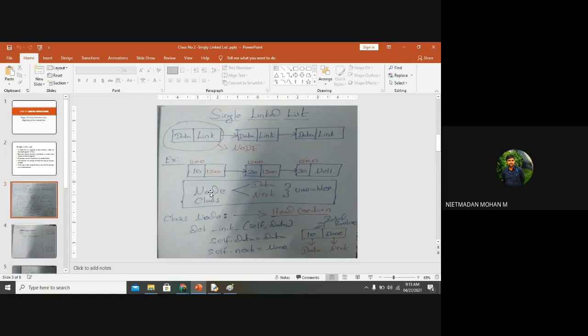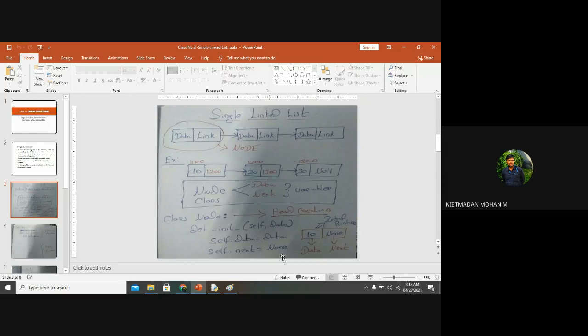For the node class, for creating a class, I am going with one small example of how to create a class, how to display the function and how to create a linked list. For each individual module I will explain separately, and after that we will go through those lines. Here we want to create a node class which will consist of data and next. So two variables are needed, the data and next.